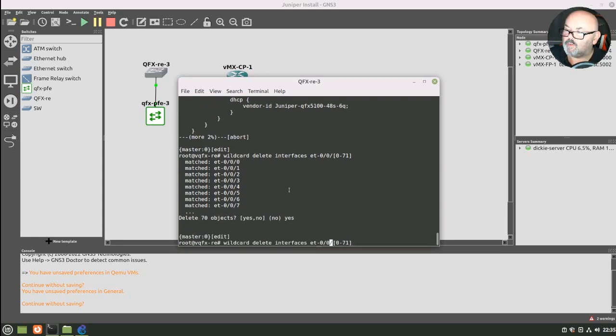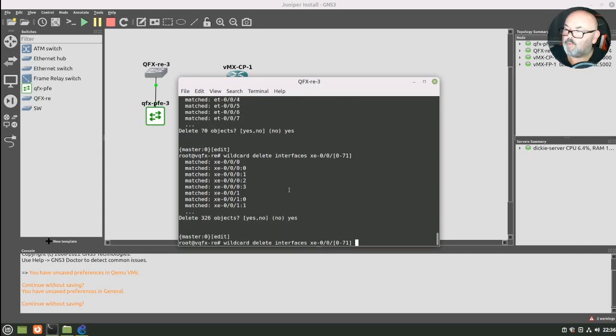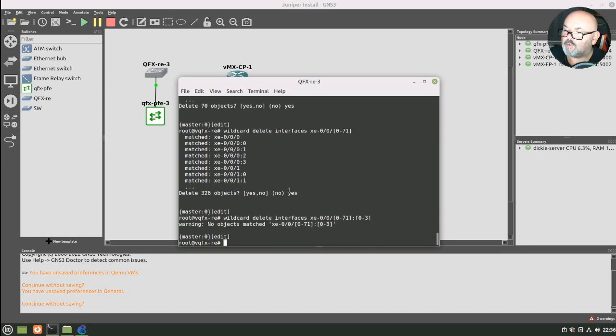Fantastic. And now we're going to do the XE ones, exactly the same, and yes. And now we want to do the sub interfaces as well, so we do a colon 0 to 3 in square brackets. Excellent, it reckons it's not found them, so let's do a show pipe compare,